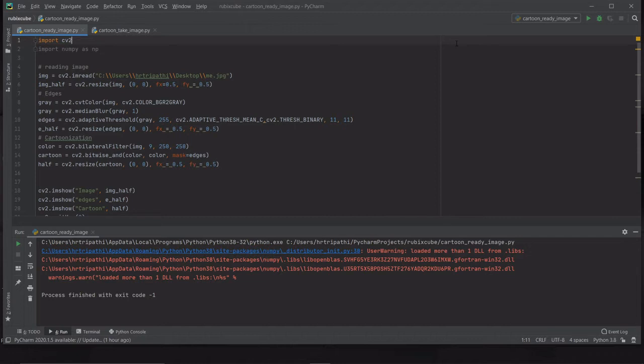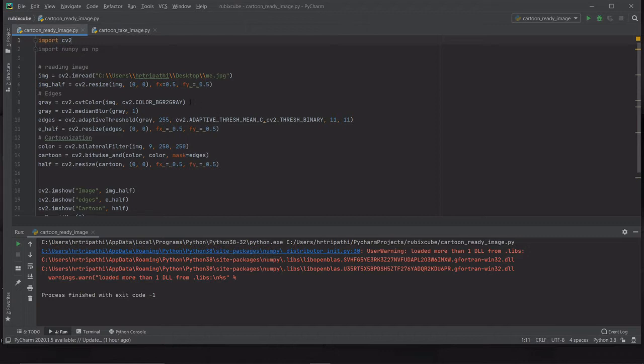First of all, before going through the code, I'll show you a demo of what this does. This program takes two different options. The first script, as you can see from the name, is cartoon ready image.